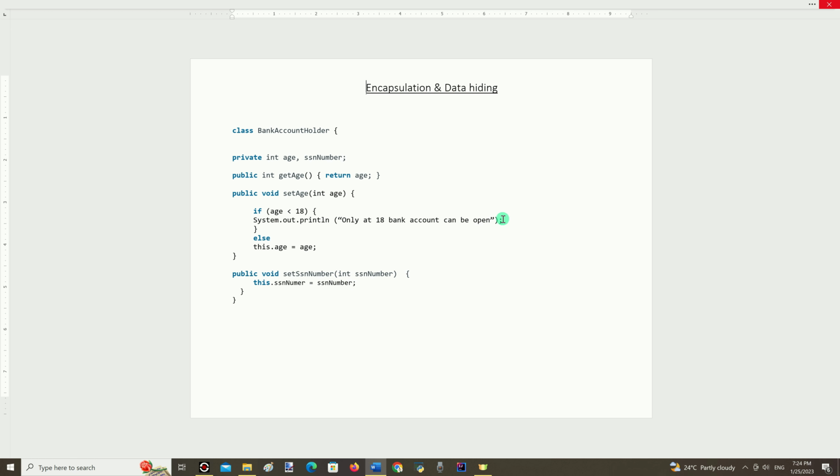Also, we can provide a smart way for the set method by including some conditions like an if statement inside it, and by not providing a get method for some variable if the information is only supposed to be stored in a database.